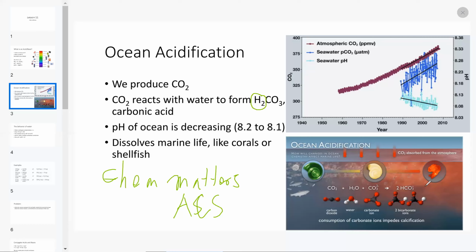And you can see that over time, we see a very large increase in the concentration of CO2. So CO2 concentration is given in parts per million of volume. And so the pressure of CO2 in microatmospheres, you can see, is also increasing. The partial pressure of CO2 in seawater. So you can see how there's a very strong correlation between the decreasing pH and the increasing CO2